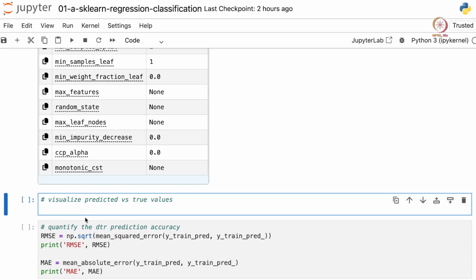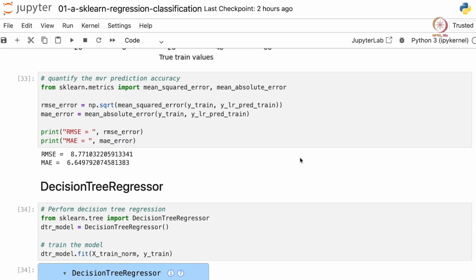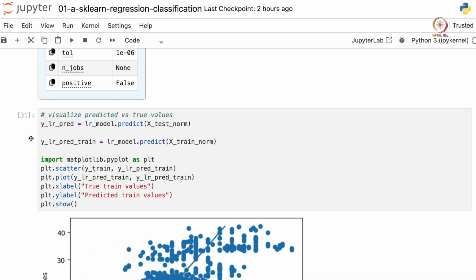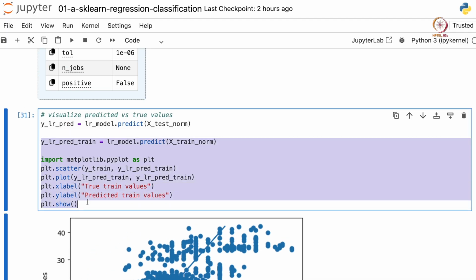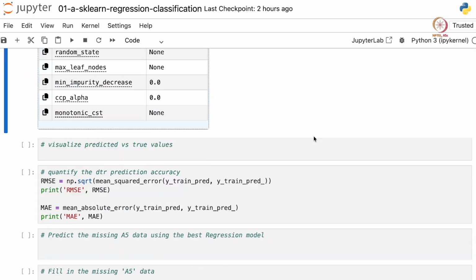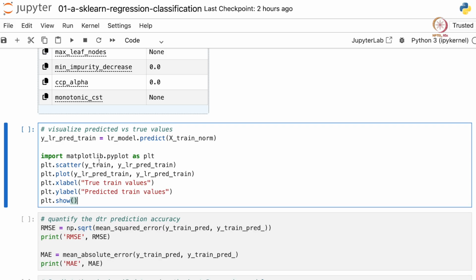Now again let's visualize the predicted and true values. So let me copy the code above. This is for visualization. Let me copy this and paste it here. The only difference is we are using the decision tree model instead of the linear regression model for prediction. So let's use DTR model.predict, and everything else let's change LR to DTR. Here also LR to DTR.